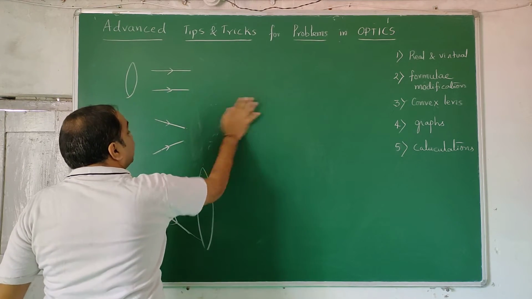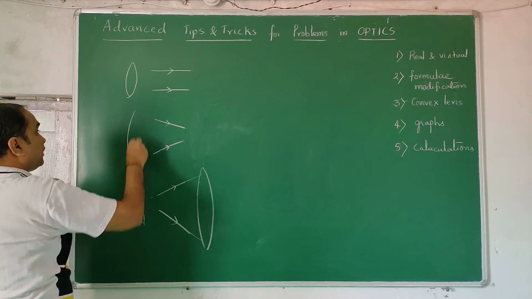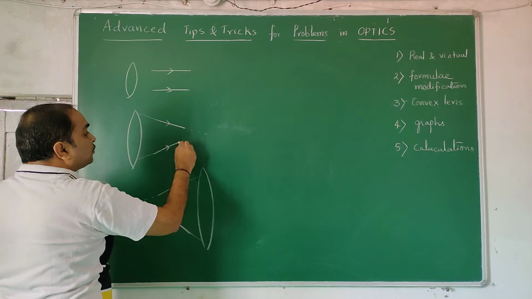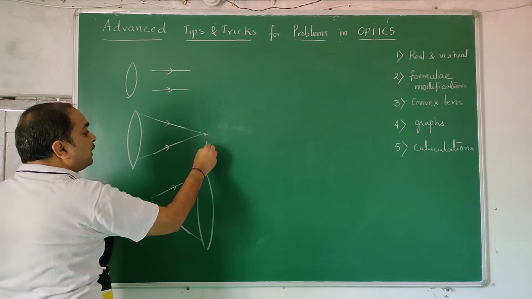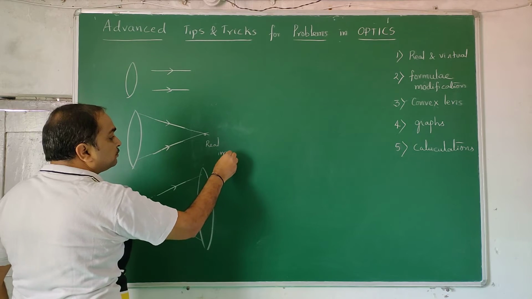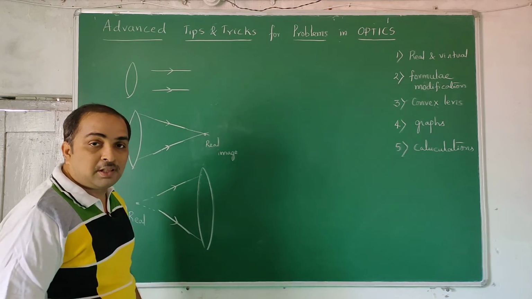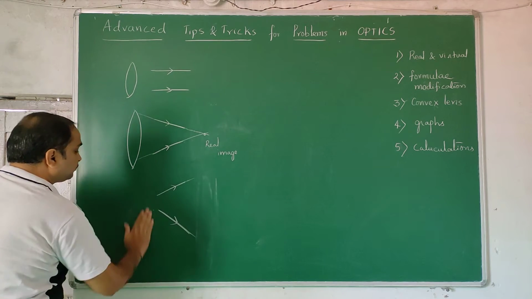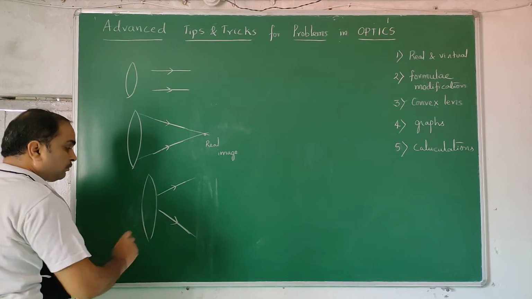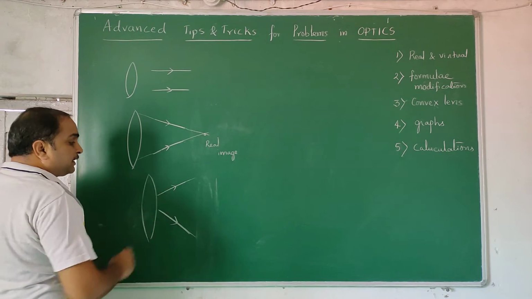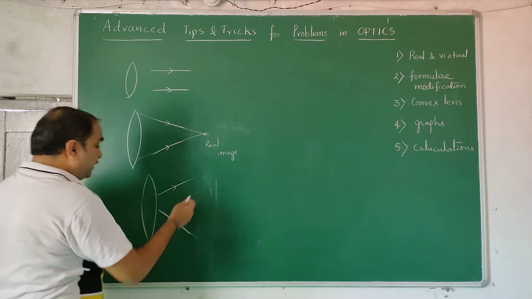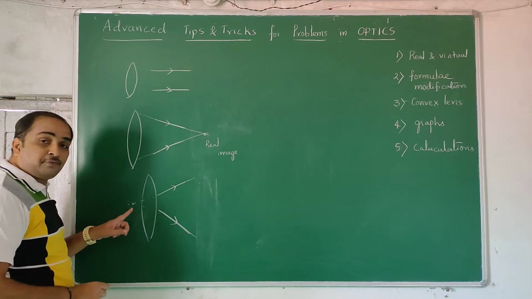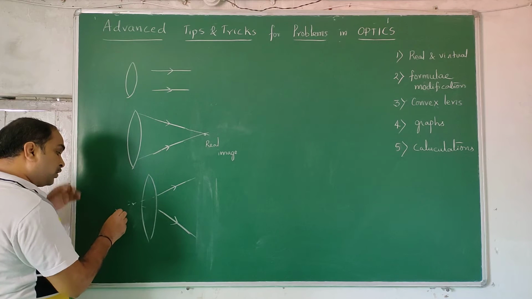Similarly, I rub off this lens and keep it here. That means the rays are coming from the lens and going to meet. So really they are going to meet here, and this image we call a real image. Now instead, if you keep the lens here and these rays are diverging and not going to converge on this side, obviously you can extend them and make them converge at some other point. This kind of image is called a virtual image.